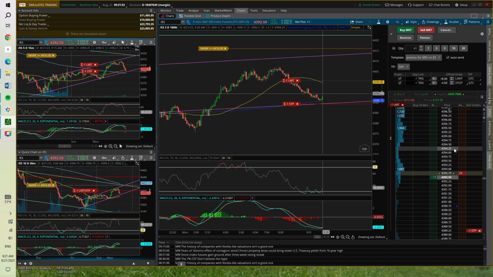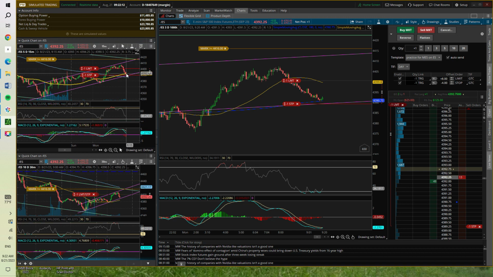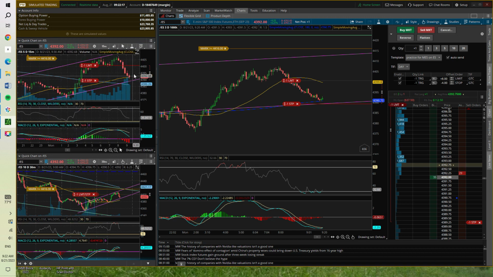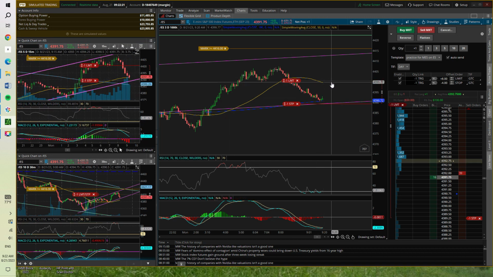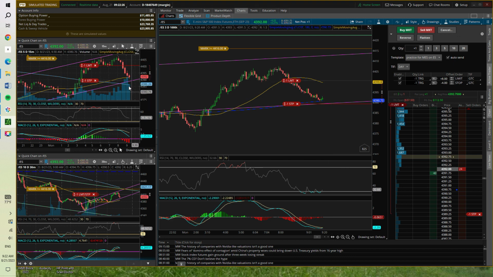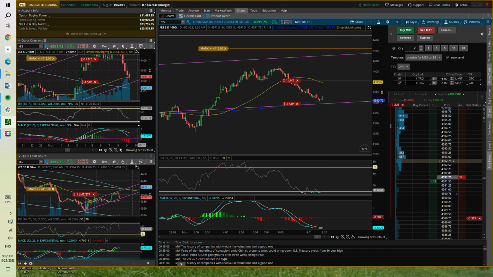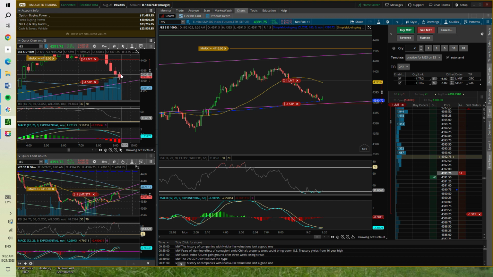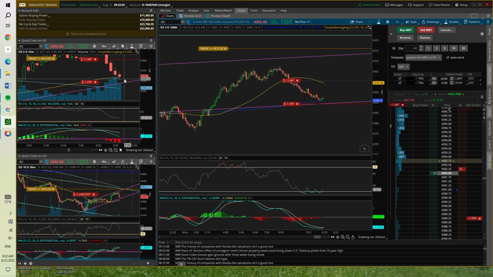All right, it's looking good. I have my cursor on the right hand side set at the point where if it goes above that, the likelihood of it continuing up is pretty strong. And I think it will hit that SMA at least, and that'll be a resistance level. And at that point, I want to go ahead and get out and think about what's happening at that point before I make another trade.